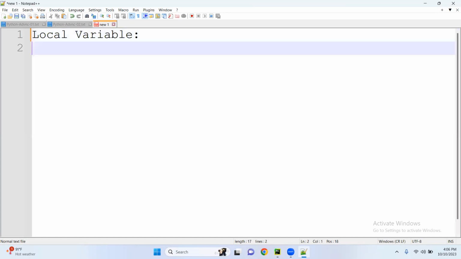Local variable. Same as what we normally discussed in core Python, what do you mean by local variable? A variable which is declared inside a method, and that variable will be available only within that method. If you try to access it in another function or another method, it will give an error, right? The same way here also,